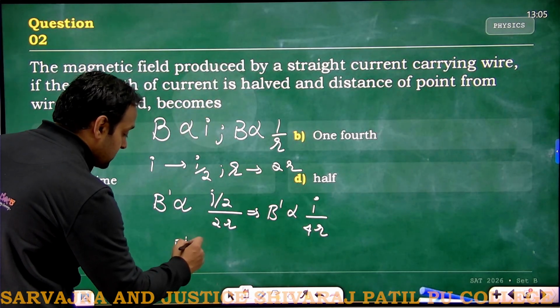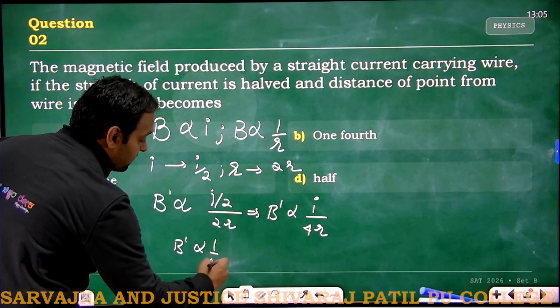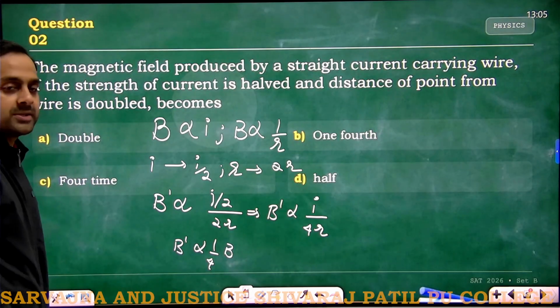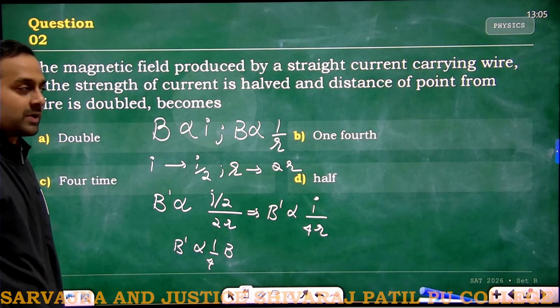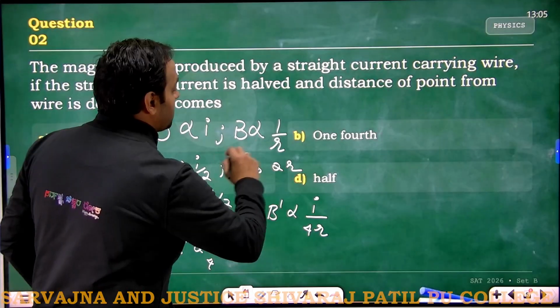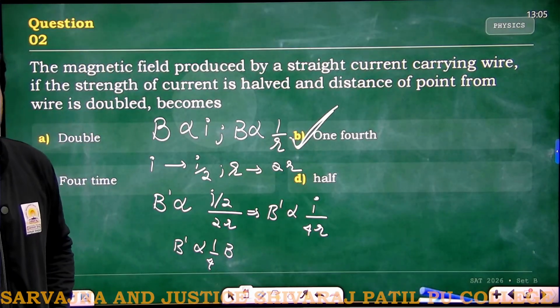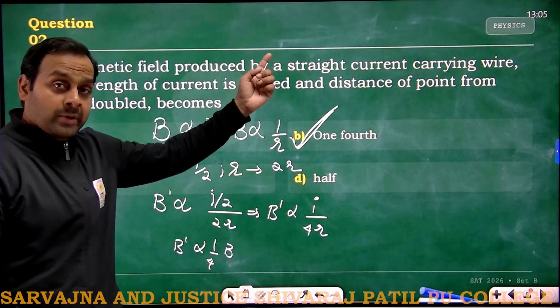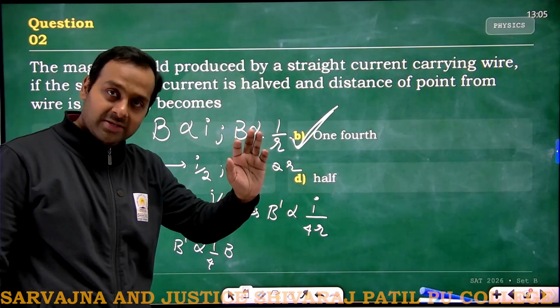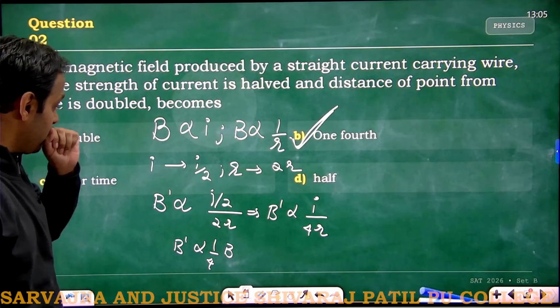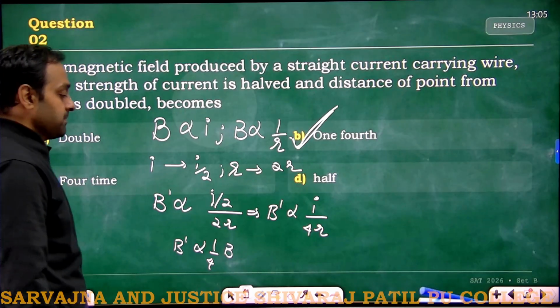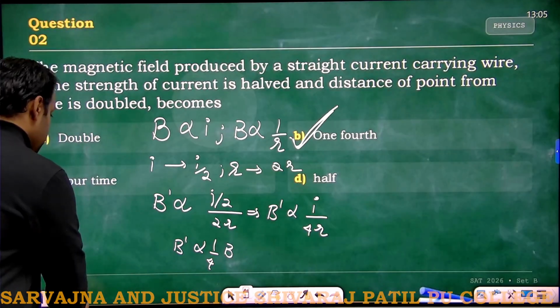B dash is actually becoming 1/4 of B. B dash is becoming 1/4 of B. So the option will be option... Okay, current kadime madidare, distance ಜಾಸ್ತಿ ಮಾಡಿದ್ದಾರೆ, ಸೊ ಏನಾಗುತ್ತೆ, 1/4 ಆಗುತ್ತೆ. Okay, next one,